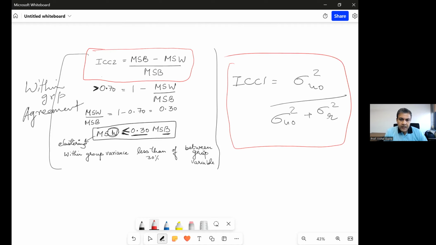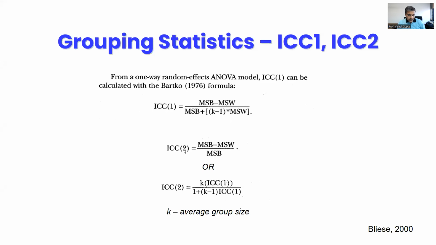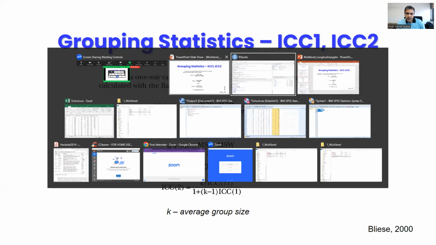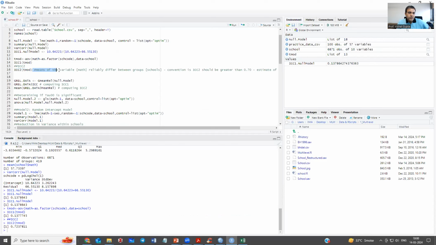Okay, let us come back. So this comes from running the ANOVA command. And the added advantage is that the ANOVA command will also give you another estimate when it runs ICC. When we run the ANOVA command, we get ICC2 and you get another estimate of ICC1. Fine, this is okay. So this is what we have written. We have got an estimate. Now I have given you another command. Well, these are all